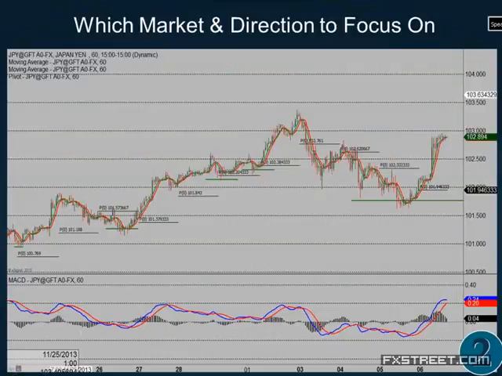Here's another great example. Here's the market without the ratio. I have the pivots on here. Pivots are a very good indicator, by the way. This is a great way to show you how to use the ratio, and again, we're focusing on market and direction. Now you can see with the naked eye that the market was making higher lows and higher highs.